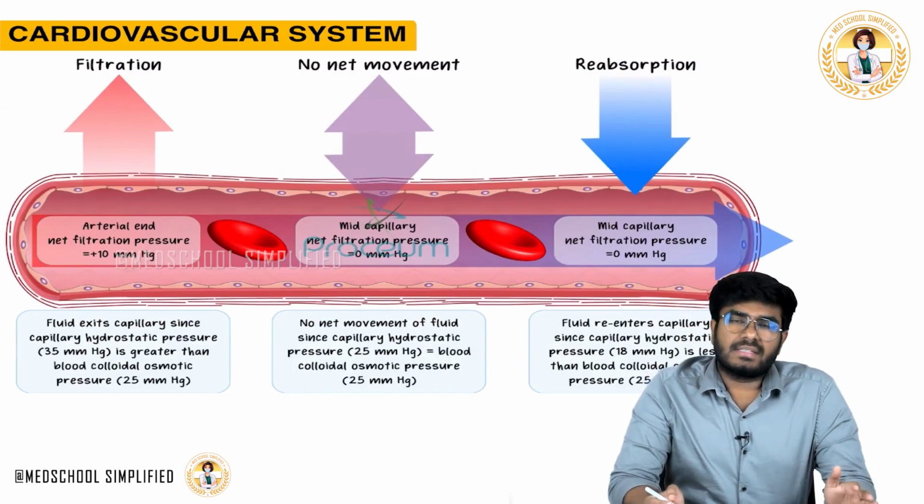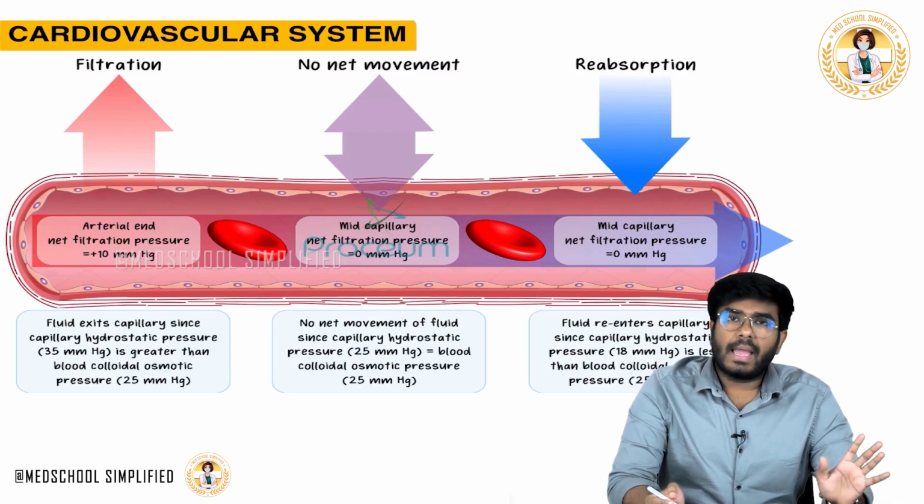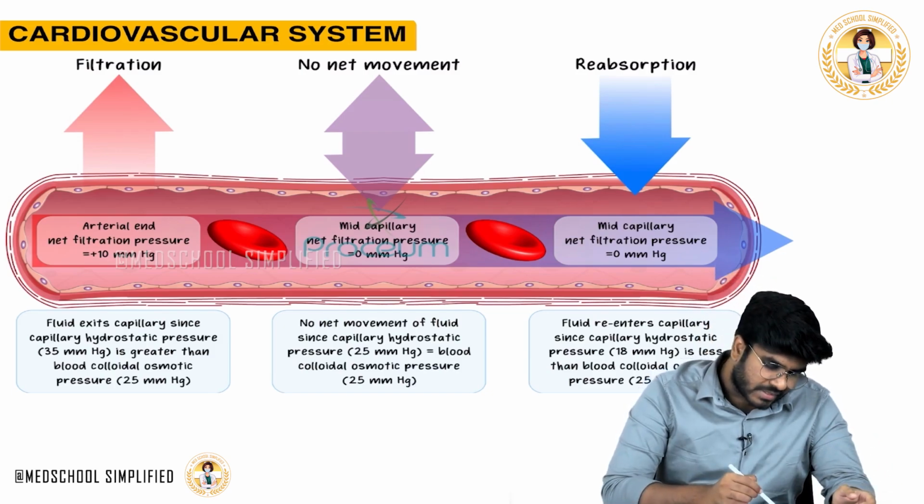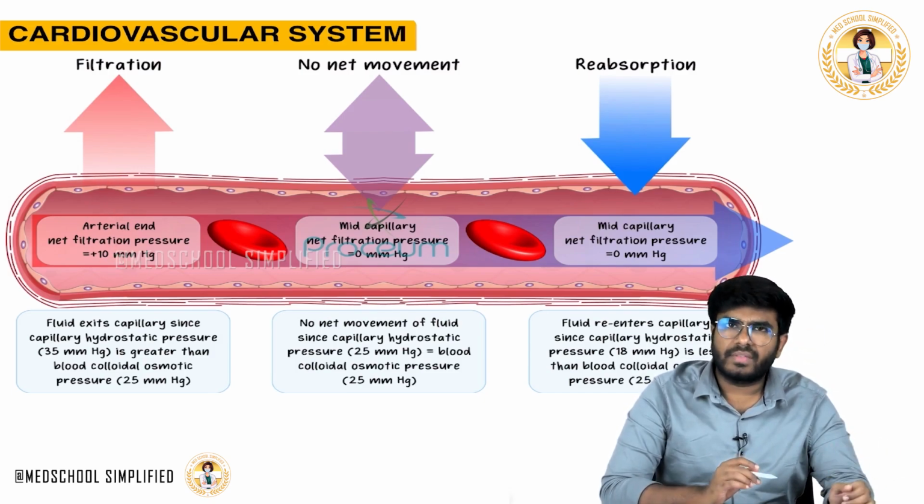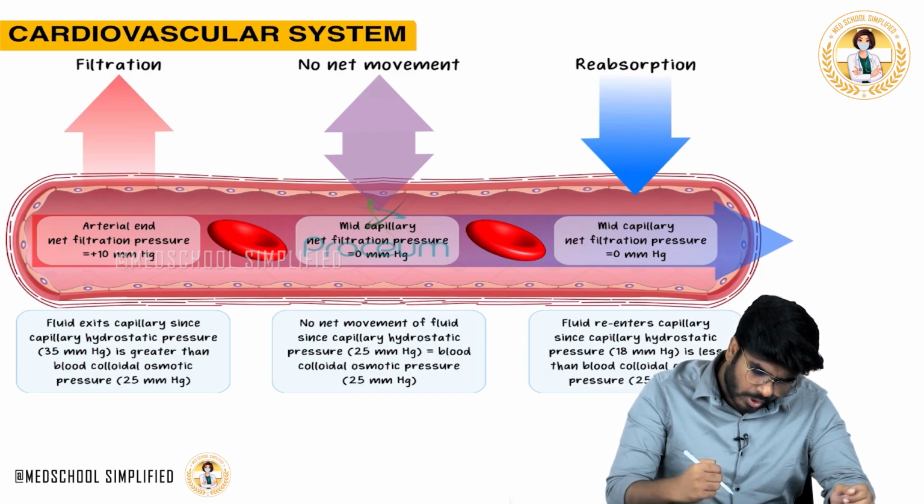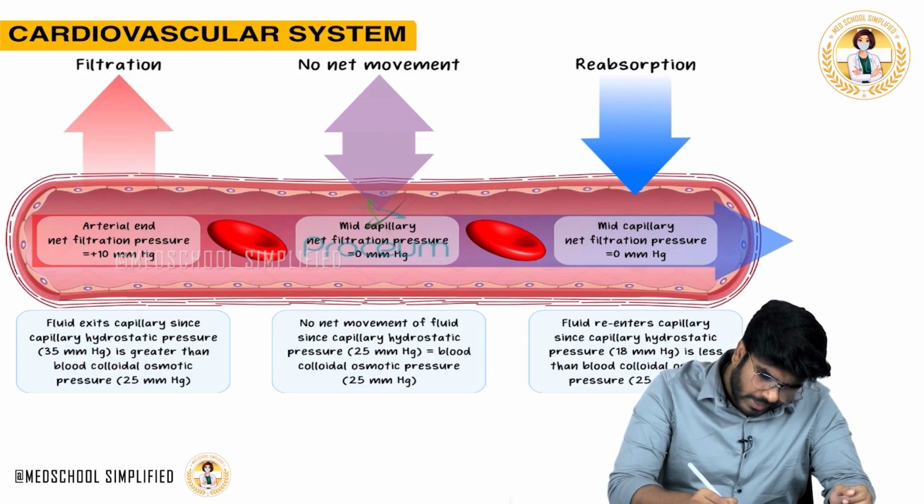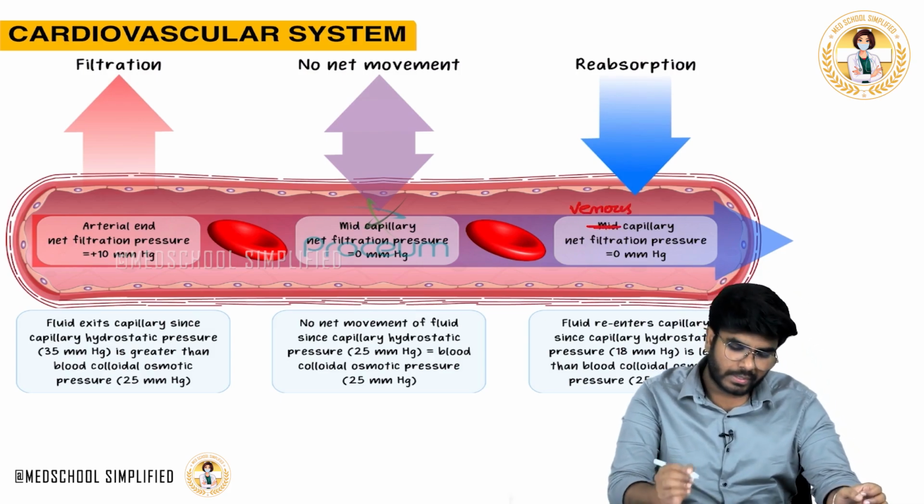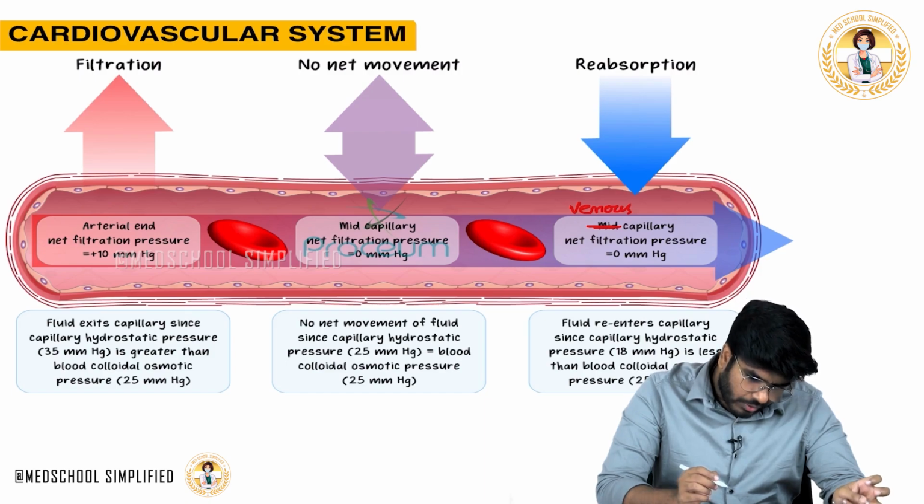Now after this, let's discuss some important points regarding the capillaries: how exchange of gases and materials happens at the level of capillaries. This is the arterial end of the capillary, the starting part of the capillary. This is the middle of the capillary, and this is the venous side of the capillary. Just a small mistake here, this is not the mid capillary, this is the venous side. Now, an important point which I want you to know is